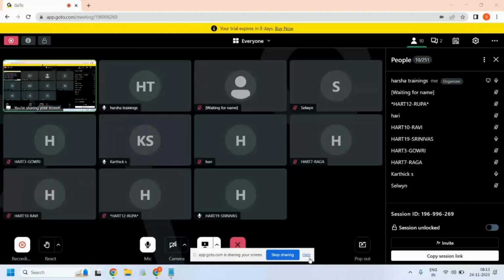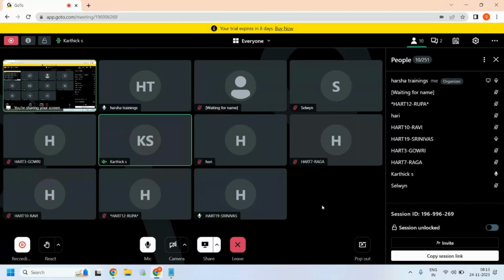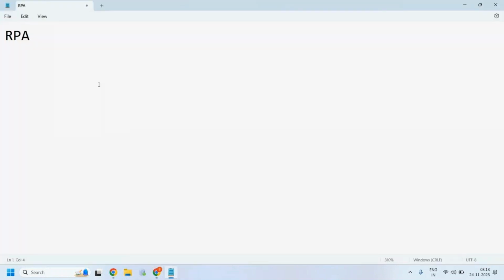Can you please confirm if it is okay now? Still not able to see the screen. Now we are able to see the screen. Okay, thanks for the confirmation.